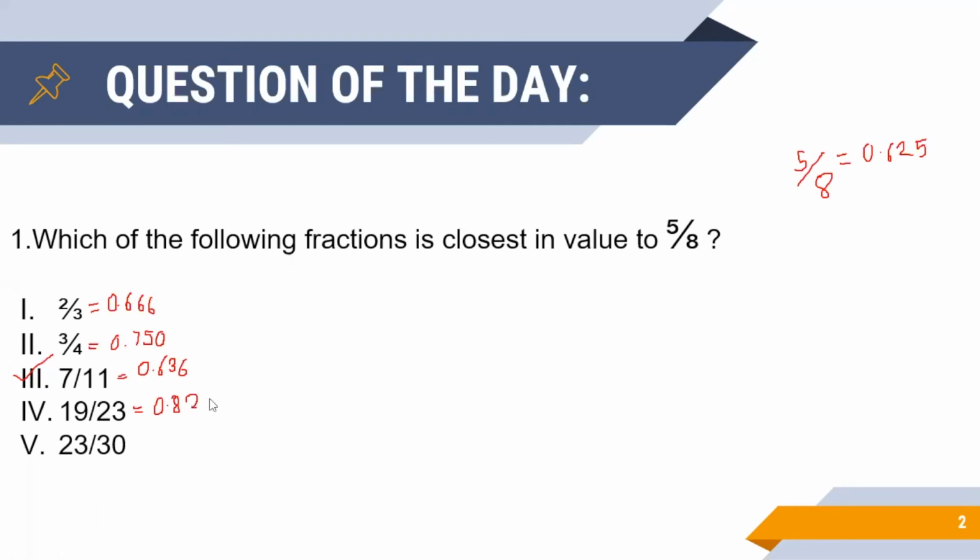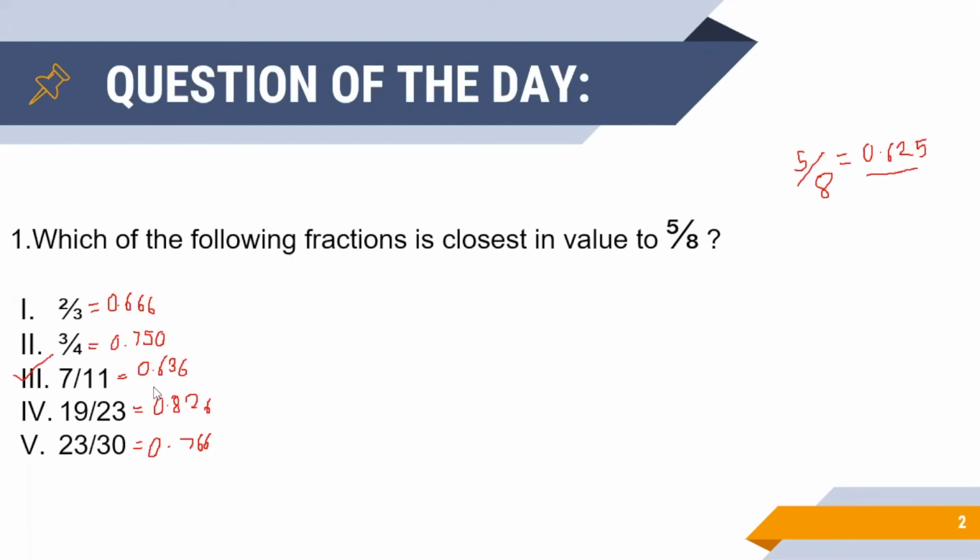0.826, while 23 by 30 can be represented as 0.766. Now, we see that the value of 5 by 8 is 0.625 and the value of 7 by 11